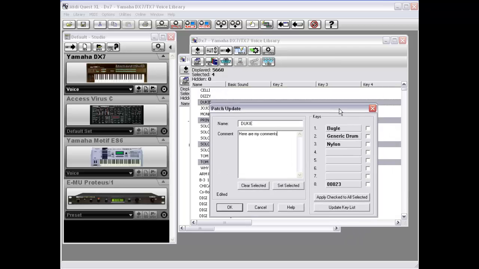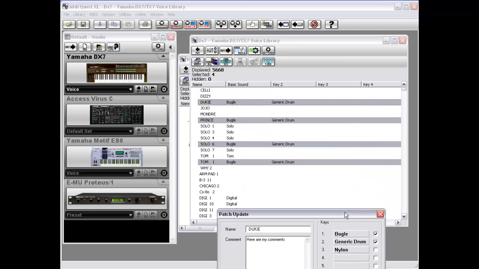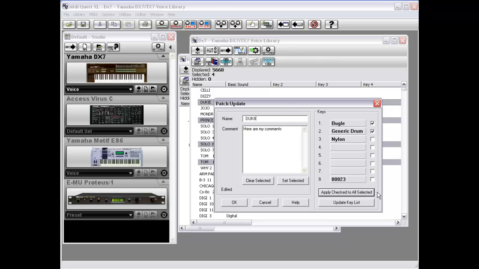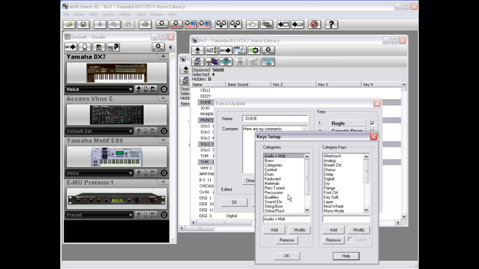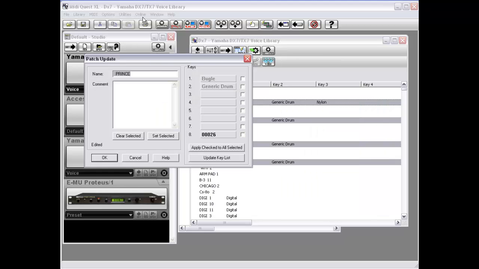And I have a nice copy feature where if I check these two, I can say apply checked to all selected, and what it will do is apply these two checked items to each of the patches that I have selected. Update key list brings up the key setup so you can make any alterations you might want immediately. And I can press the OK button to accept these changes, and